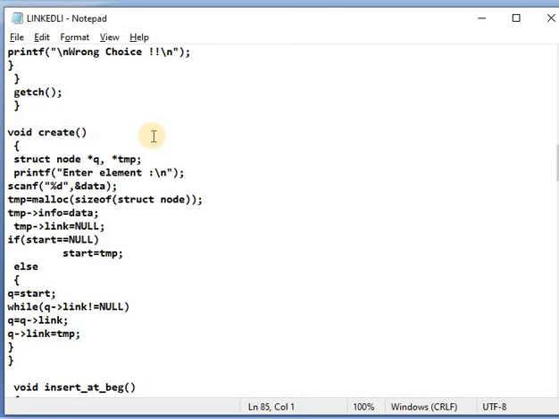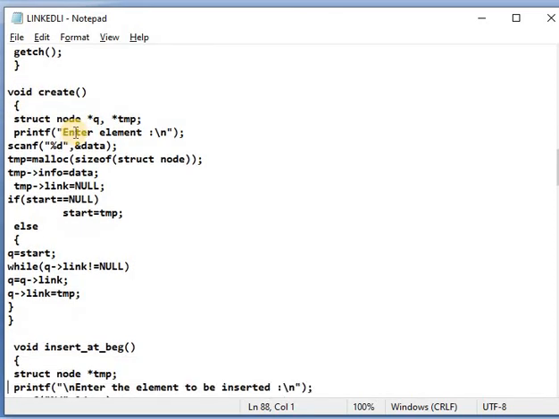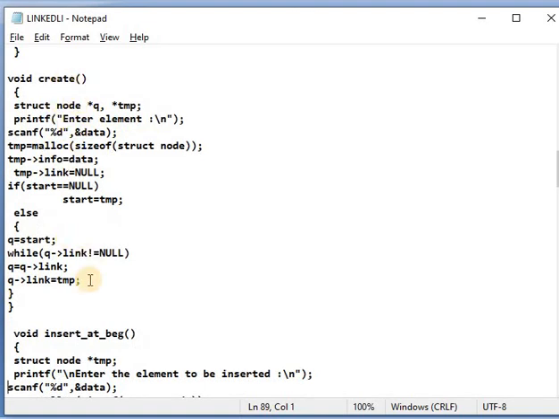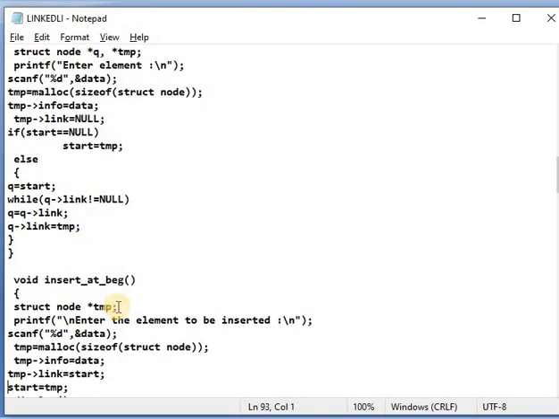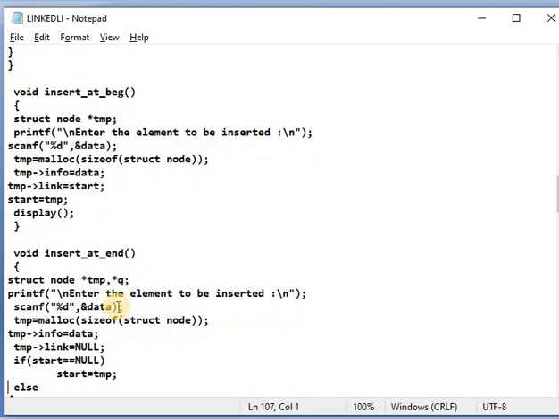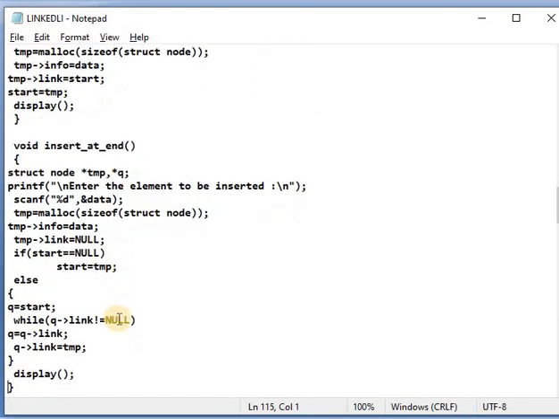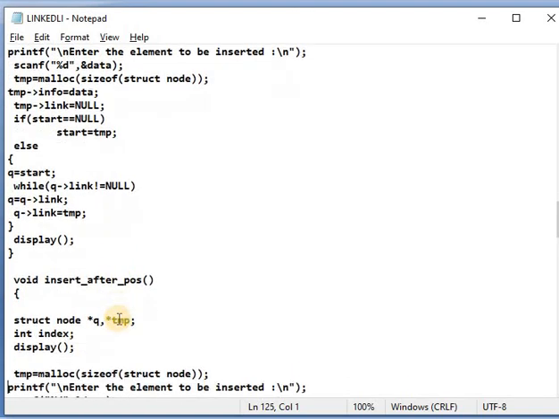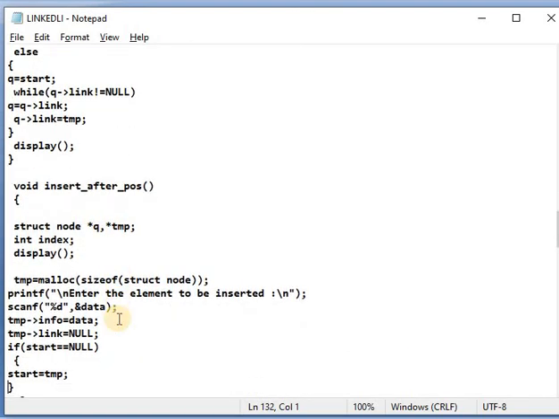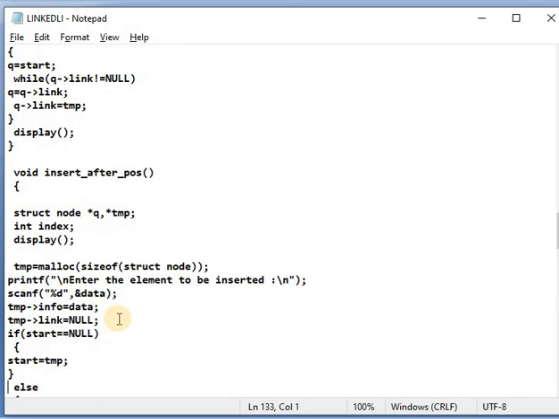After that, the functions are defined one by one. Function definition: through the void create function, the linked list will be created. After that, the void insert at beginning function is used to insert the element at the beginning. Then insert at the end, and the void insert after position function definition.